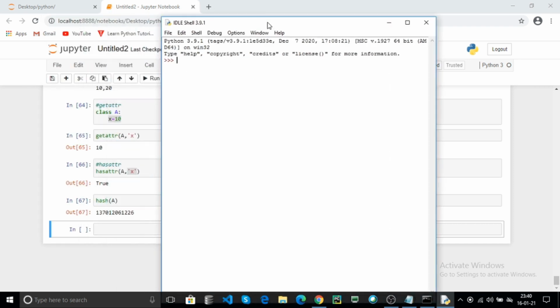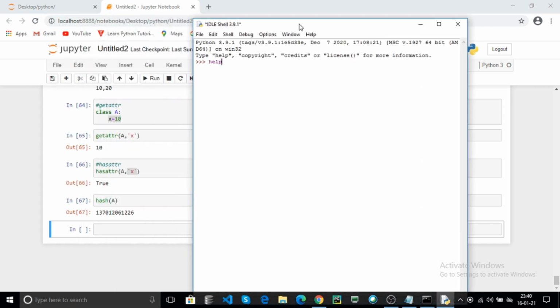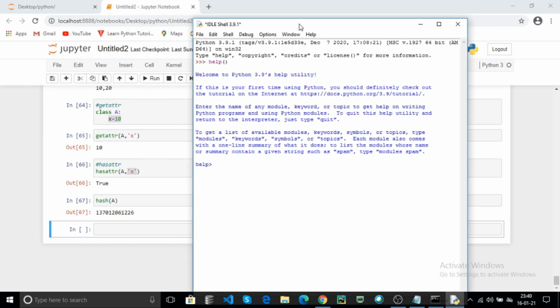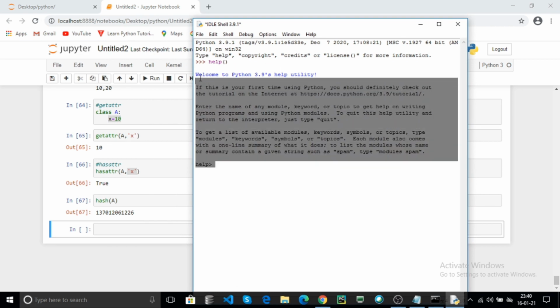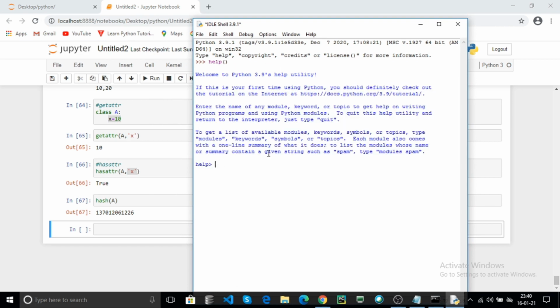Here use help. It returns a help prompt. Here you can use any function or any type of Python object, any type of data you want, and hit enter.